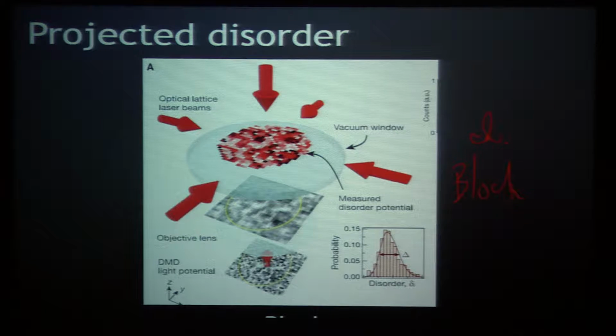Okay, so in principle, within limits, you can sort of make the intensity landscape and the potential landscape look however you like. And so you can see here they made something different than speckle. In speckle, the probability distribution of different disorders would be exponential. Here they made something which was Gaussian, right? Which is not speckle. All right? That's another type of optical disorder.